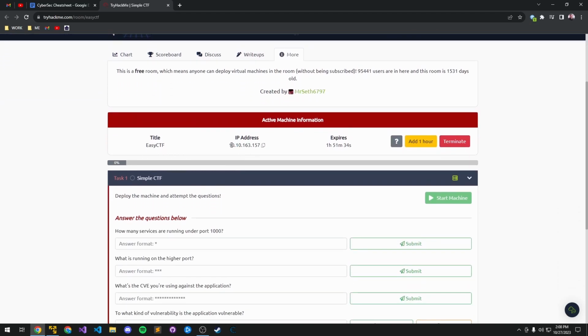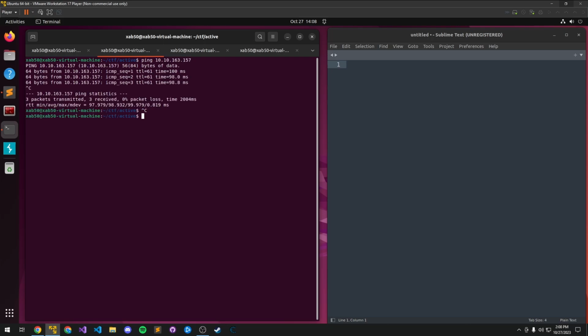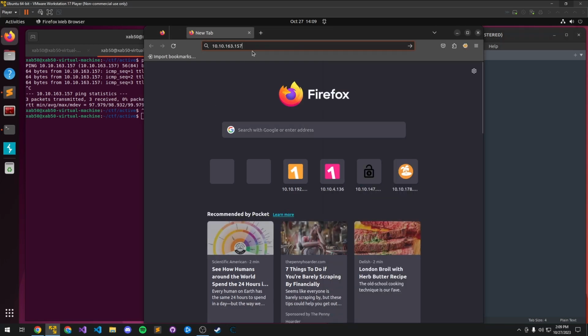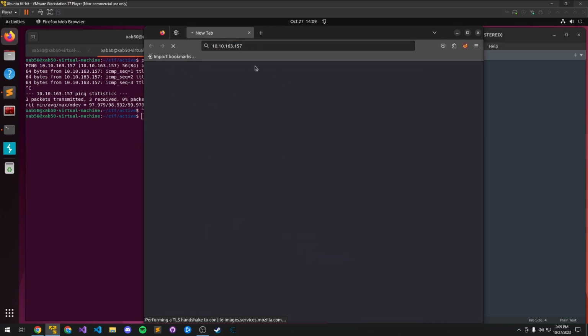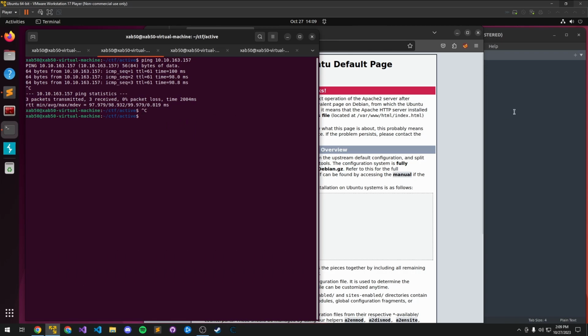Let's take a look. So here's the IP address, jumping to my virtual machine. I'm just going to do a quick ping on that and make sure it's up, and it is up. So I'm going to start up Firefox as well. I'm also going to, let's make sure this loads. Okay, it looks like it's an Apache server. That's nice. What I first do is normally make a directory with the